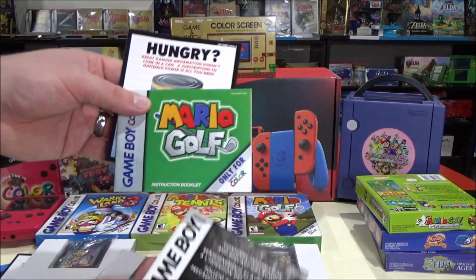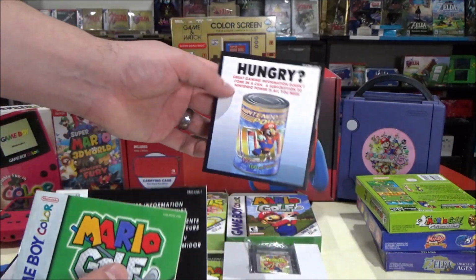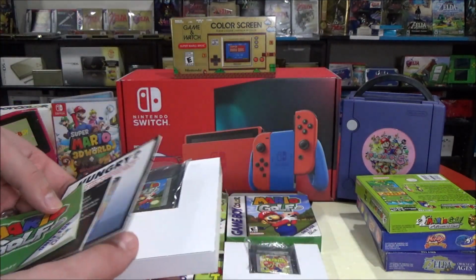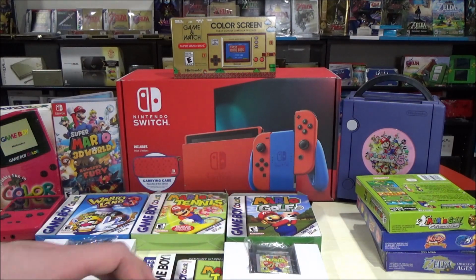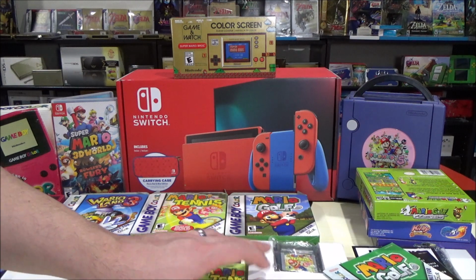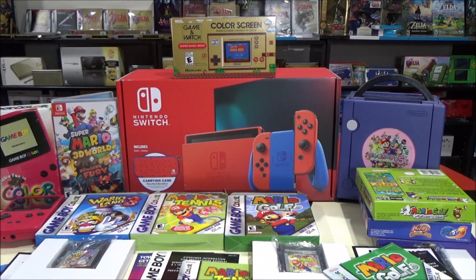So here are the instructions, of course not in mint shape, but pretty good. The consumer information booklet and another hungry insert, and then you have the instructions here. So each of these, like I said, was around 30 to 40 US dollars. Overall, definitely worth it, especially in the bundle, because I save a bundle on shipping if I buy numerous